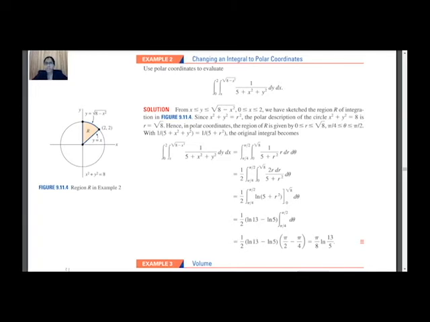So let's just see what will be the transformation to the polar coordinates. So integral 0 to 2 will be replaced by pi by 4 to pi by 2, and x to root of x minus x square will be replaced by r, the limiting value of r, that is integral 0 to root 8 into 1 by 5 plus x square plus y square, which will be nothing but r square. Okay, so don't have the tendency to write that x square plus y square is equal to 8 over here. So the value will be x square plus y square is r square, and dy dx will be replaced by r dr d theta. Now let's do the evaluation part.